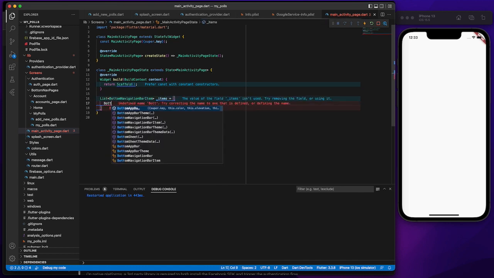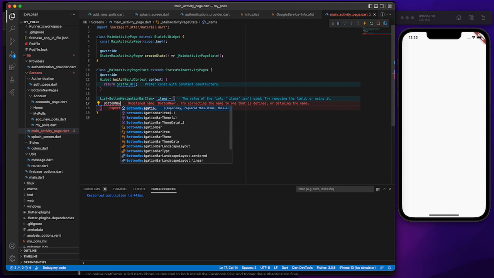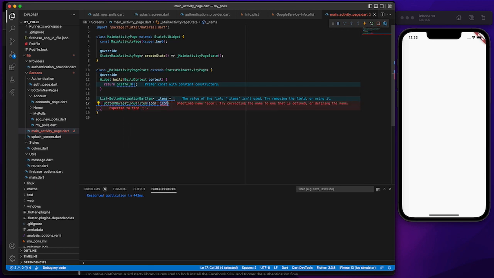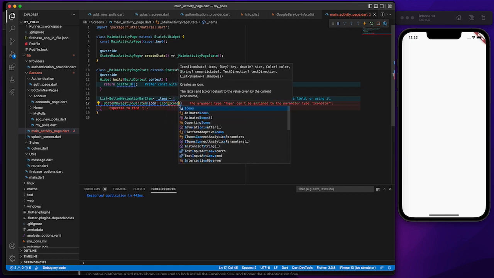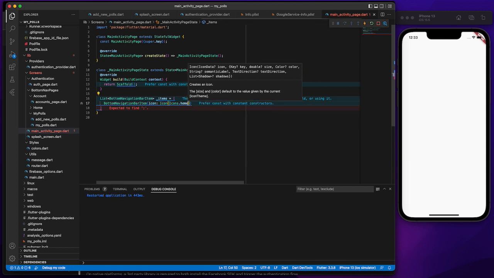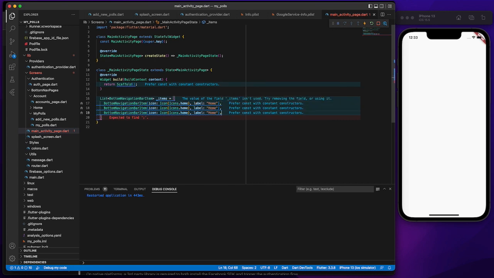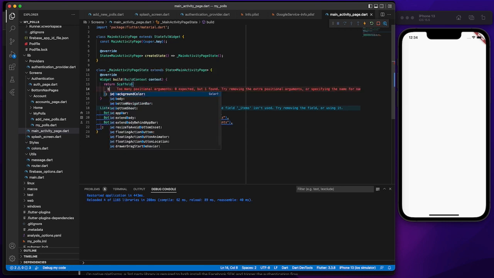So the first one I'm going to do is to call bottom navigation bar item. Inside here it takes an icon. So the first icon which we are creating is icons.home, and it takes a label as well. So this is going to be home. I'm going to do that for the other two that we have, which is my pools and accounts. Inside here we're going to create the list of pages that the users are going to navigate to, but before then let's quickly create our bottom